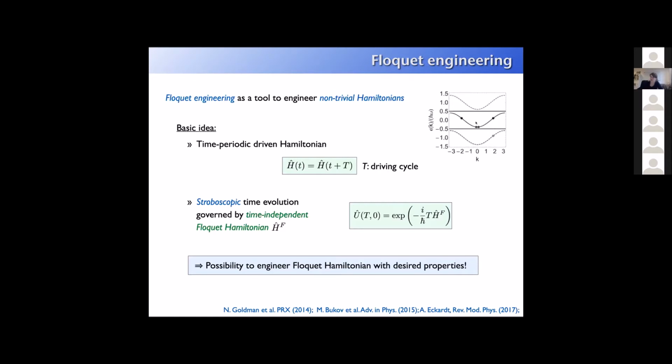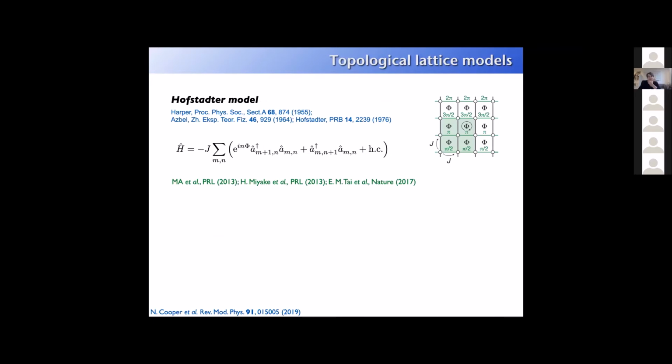And in particular, if we now add interactions to this system, there can be scattering processes that go out of one of these Floquet bands into higher Floquet bands. Okay, so we should keep in mind that there's this infinite series of copies of this band structure of the effective Floquet Hamiltonian. Now, this technique has been used to engineer